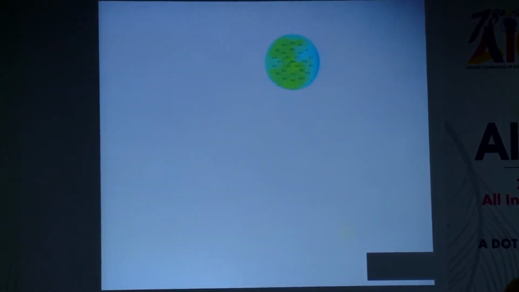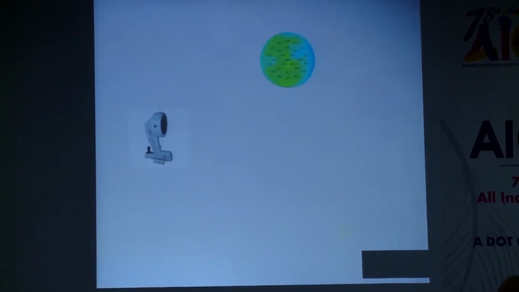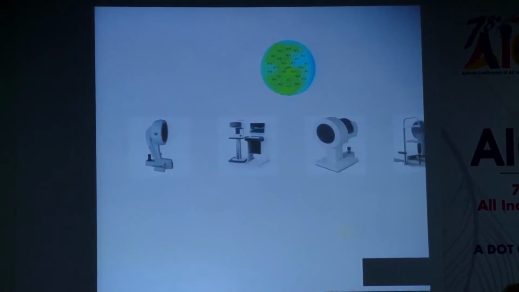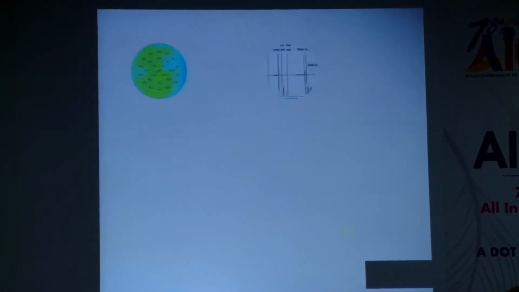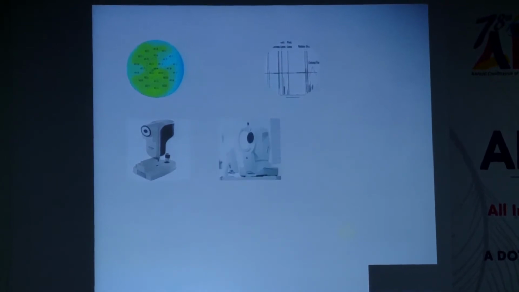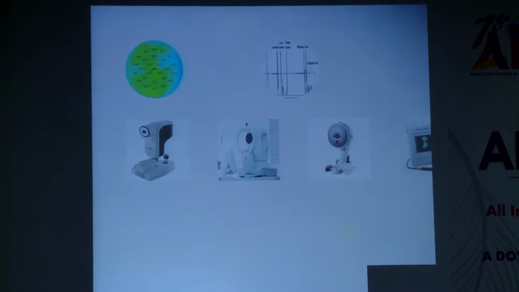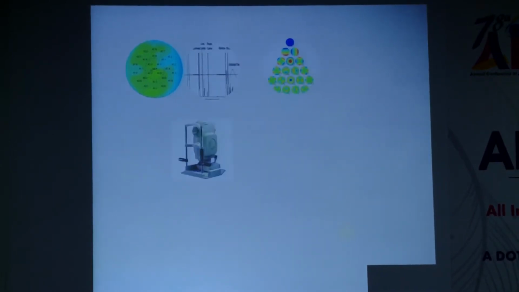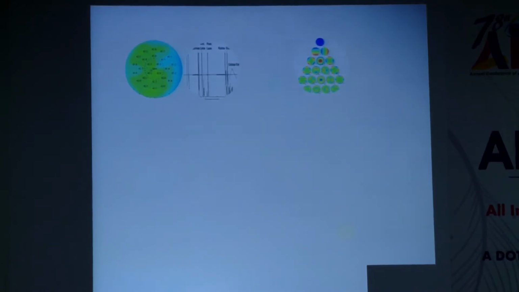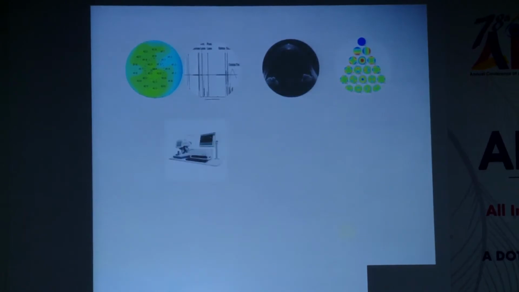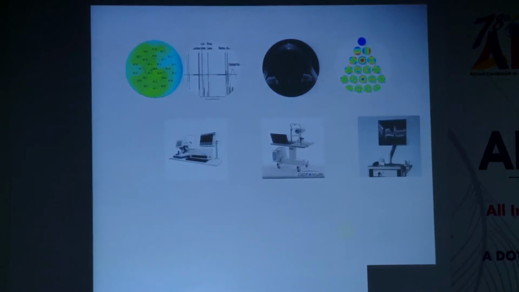So for topography, in today's day and age, we have multiple topographers that are present. For our biometry, again, there are multiple biometers currently in the market, ranging from their different principles, right, to the contact and optical ones. For abrometry, again, we have the Eye Trace and the Pentacam that gives us the abrometry data. For ASOCT, again, we have multiple platforms that are present, but they're all singular. They are there just for one single thing.